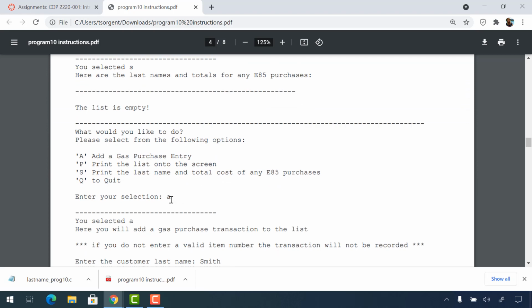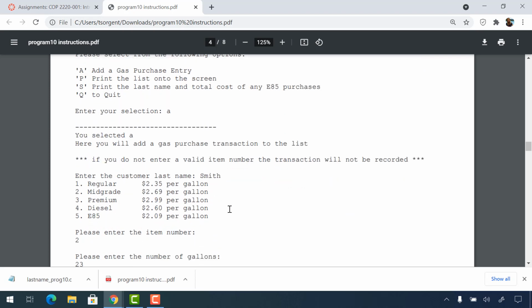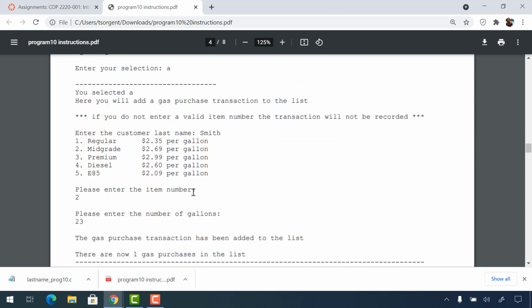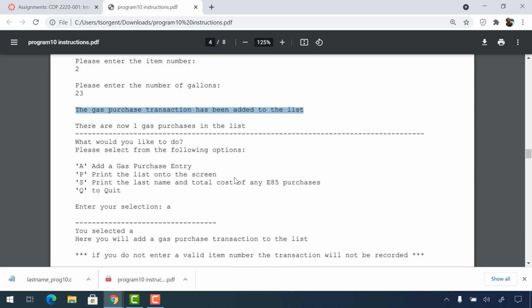Now the user selects A, so here you will add a gas purchase transaction to the list. Remember that if you do not add a valid number 1 through 5, then it will not be recorded. So the user entered a number 2, which is valid. They enter the number of gallons, 23, and now that has been added to the list. The gas purchase was added to the list. In the background, it filled in all of the rest of the information. So now if you want to add another one,